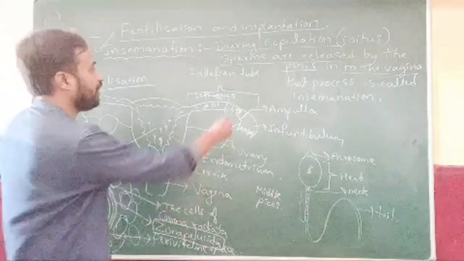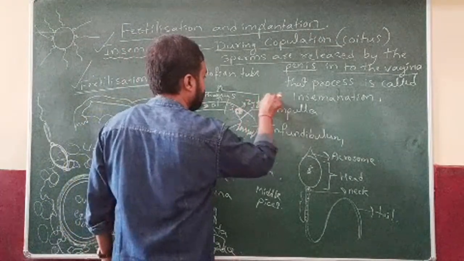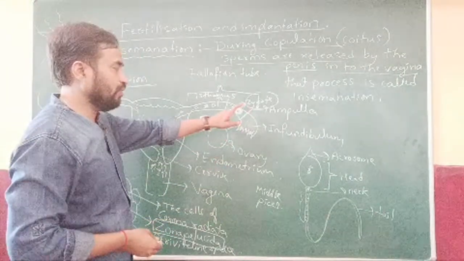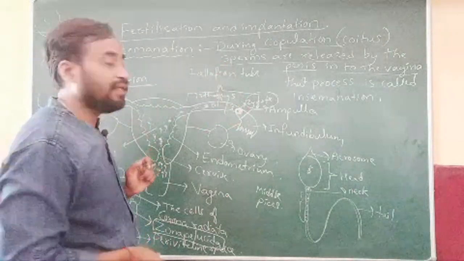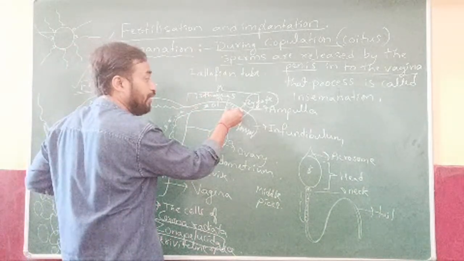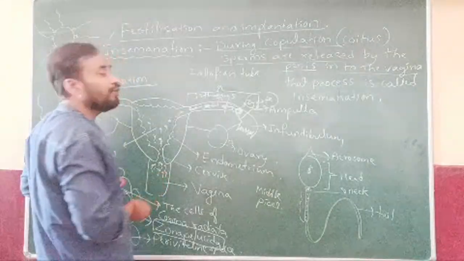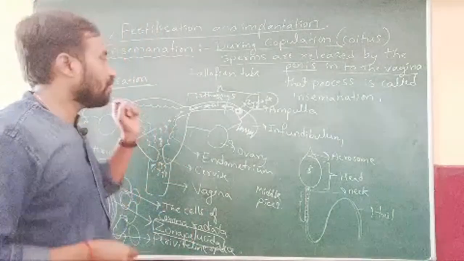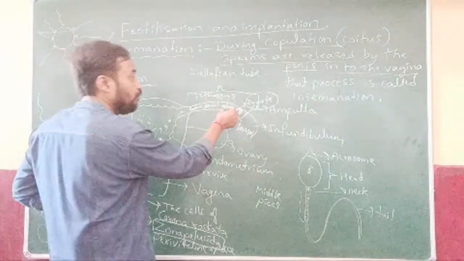After formation of zygote, the fusion of male and female gamete becomes a zygote. Now the zygote is at the ampulla region. After formation, it will tend to move towards the uterus. It will start traveling in the isthmus region. During this journey